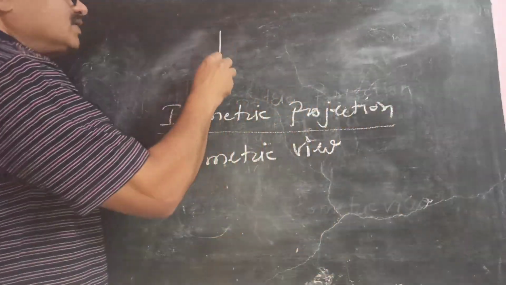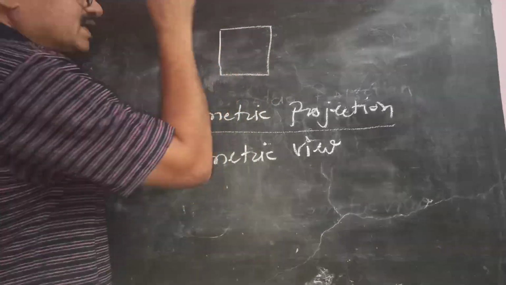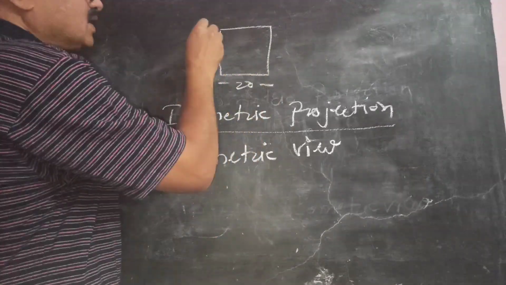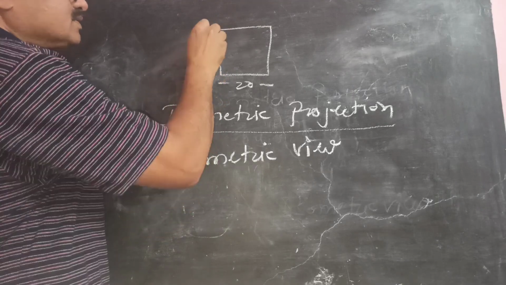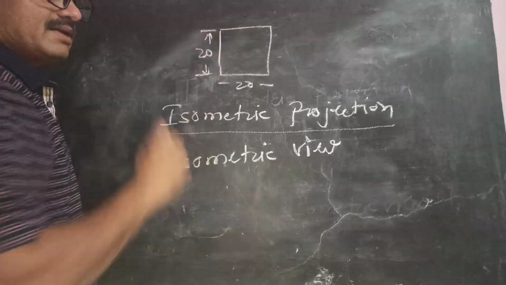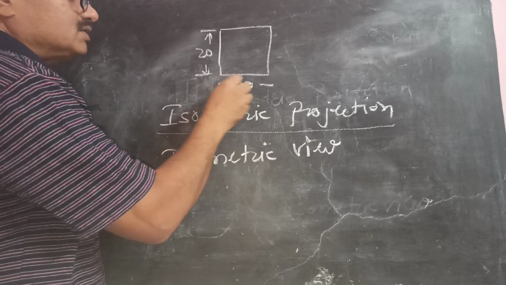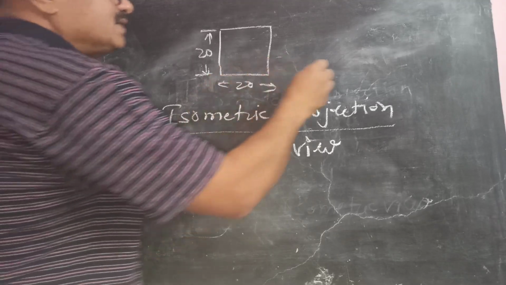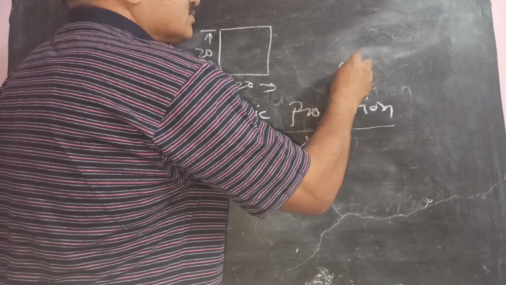See, if some square is given as front view with length 20 and height also 20, this type of dimension is given. So if we draw the projection of this, we have to multiply this 20 by 0.815,